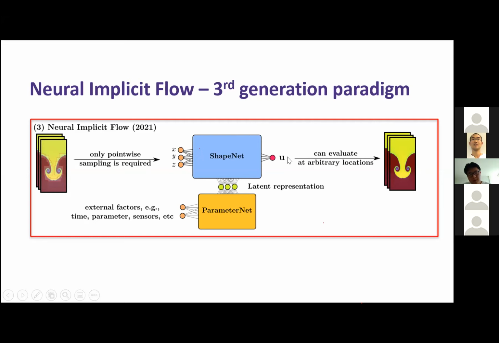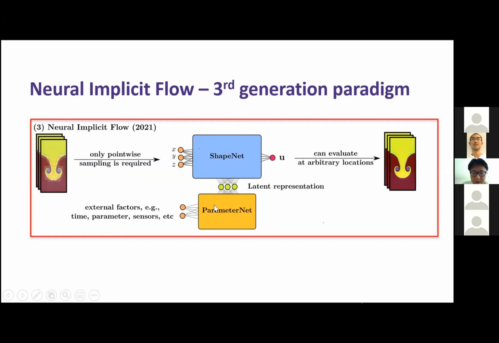So then you want to fit the U to the ground truth data using gradient descent, and then optimize this network. As you can see, this framework basically only takes point sampling. Therefore, it can be used for any kind of meshes. For example, here on the left, as you can see, this data is adaptive mesh refinement data. So normally, CNN and POD won't really work that well, as we will see in a minute.